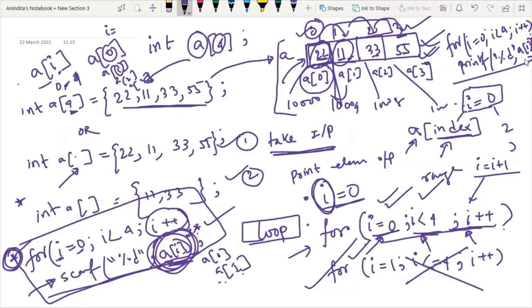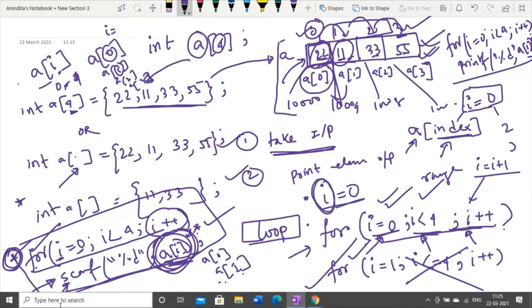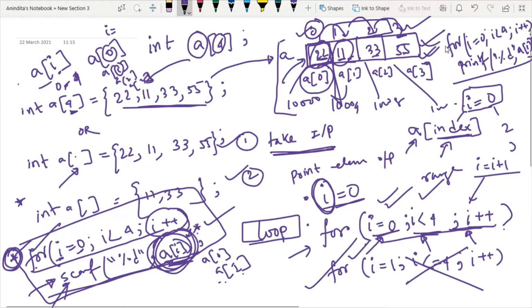So remember these two syntaxes for taking input in an array. For traversal purposes, first I have to use a for loop, then I will use the scanf function, and later for printing those values, again I have to use a for loop and then print those values using the printf function. These are the mechanisms that we have to understand to take values in an integer array. Whenever I discuss the mechanism of taking input in a character array, this technique will differ because the orientation of the array will also differ.